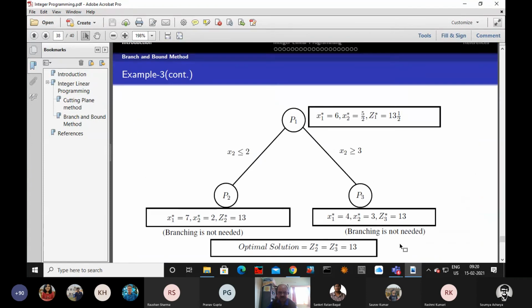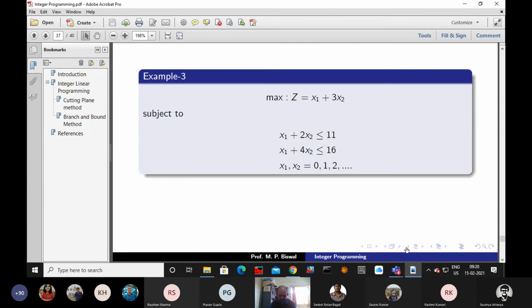Okay, see here. Sir, one more doubt. Yes. Suppose when you solve the first problem P1, both variables are fractional. How do you pick the branching variable? Largest fractional part. Let us say one is 3.5 and another is 4 and 1/3. The largest is half, so you consider that. If both are the same, then you are free to choose any one.